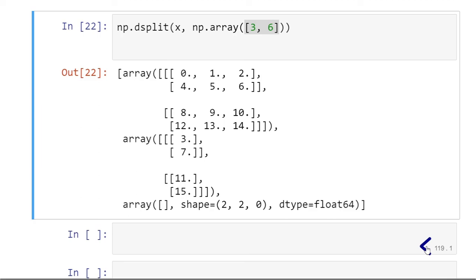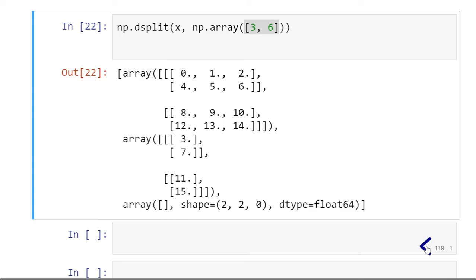So we have seen how to use the split function which divides the array into equal subparts. We have seen the array_split function which divides the numpy array into unequal subparts. We have seen vsplit which splits the array vertically, hsplit which splits the array horizontally.